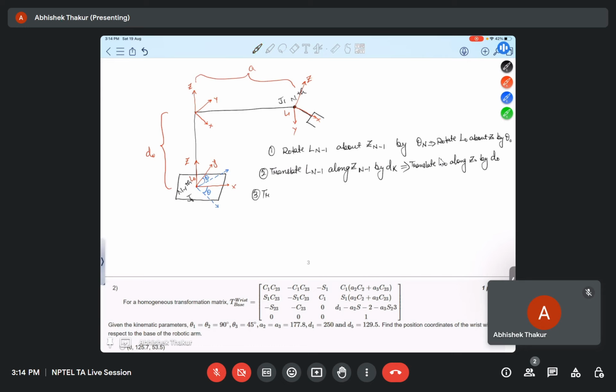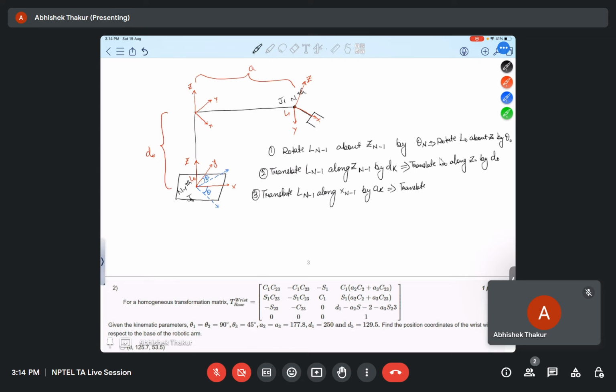So translate Ln minus 1 along Xn minus 1 by AK. So in this case here it will be translate